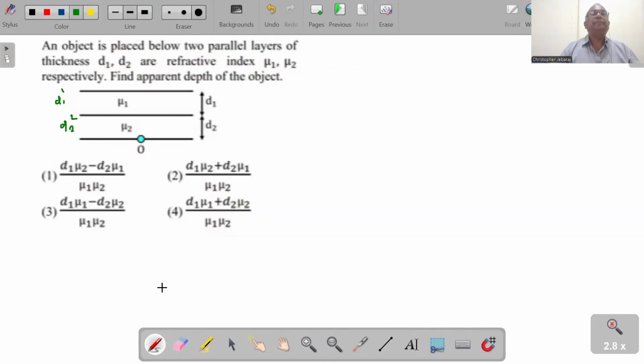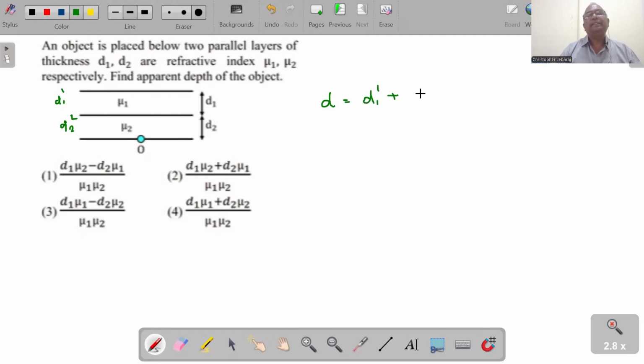An object is placed below two parallel layers having thickness D1 and D2 and refractive index mu1 and mu2. That means this is the actual thickness of the first layer, and this is the actual thickness of the second layer, whose refractive index is mu2. What we need is the apparent depth. Let us say the apparent depth of this is D1 dash and of this is D2 dash, then the total apparent depth will be D1